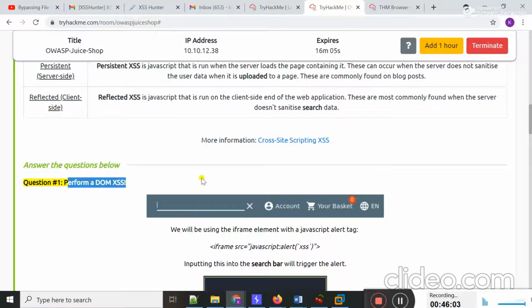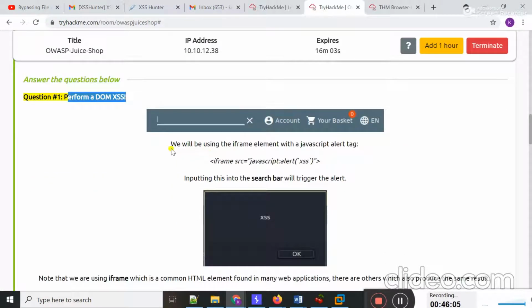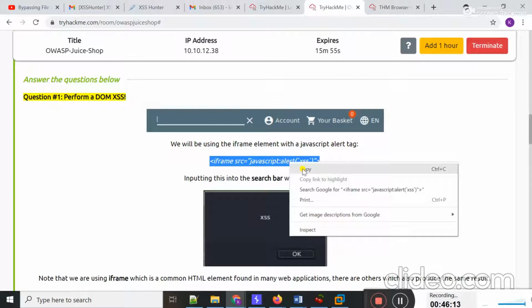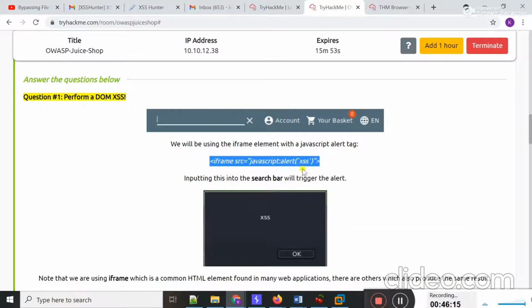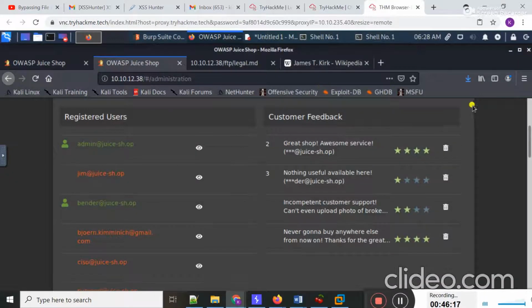Perform a DOM-based XSS. We will be using the iframe element with a JavaScript alert tag. I am going to use this JavaScript alert tag. I am going to copy it here and move to my browser.